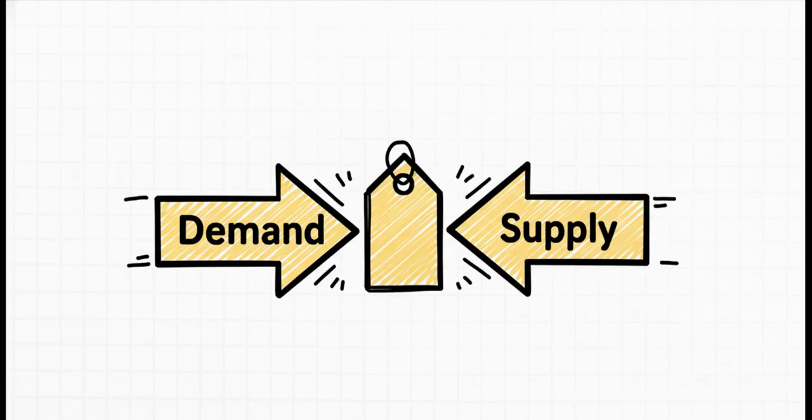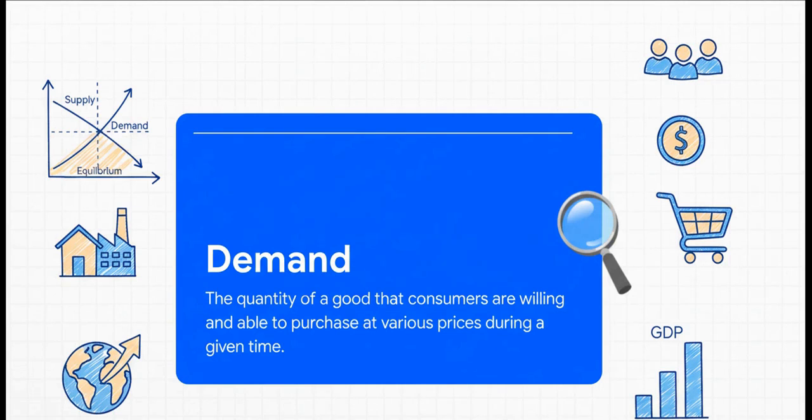And it all, and I mean all of it, starts with two huge fundamental forces, demand and supply. Seriously, these two words are the absolute bedrock of a market economy. They're in this constant dance, a push and pull, that decides the price of pretty much everything you can think of. So let's talk about demand. It's not just about wanting something. It's about being willing and, crucially, able to pay for it. And there's a really simple rule here called the law of demand that explains the relationship between price and just how much we want to buy.